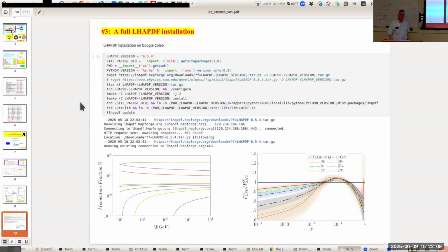And so this is a set of C and C++ routines that interpolate the tables. If you run these and install these, then you can have access to all the PDFs. It also includes Pion PDFs and also fragmentation functions, but it's the whole library. And so this bit of code up here will take care of that, and it'll actually build it inside Colab. So you can build it inside Colab. You can also build it on your own machine as you like, and then you have access to the whole